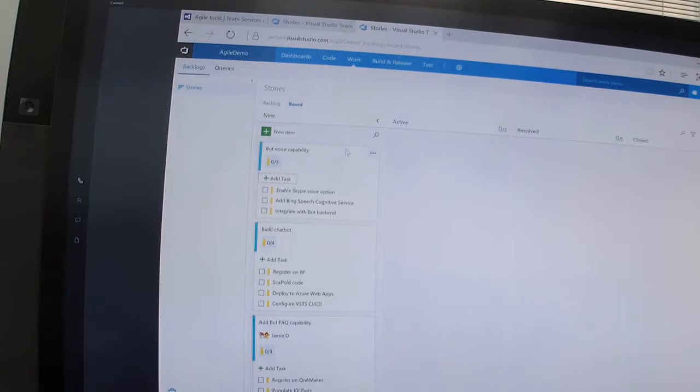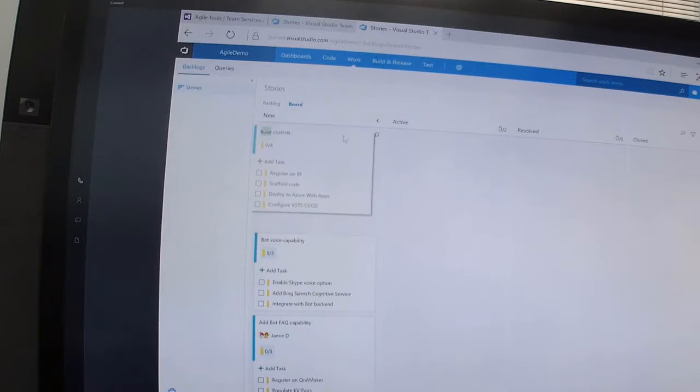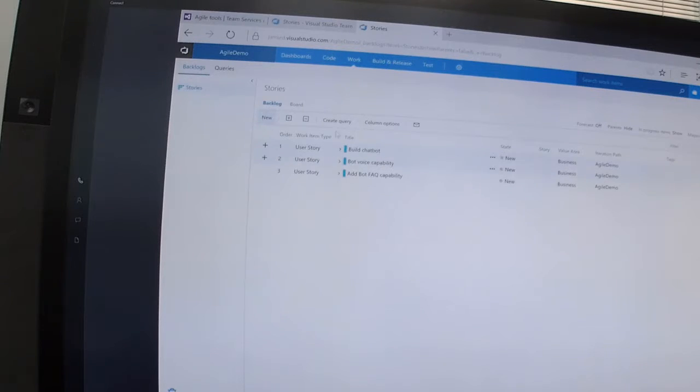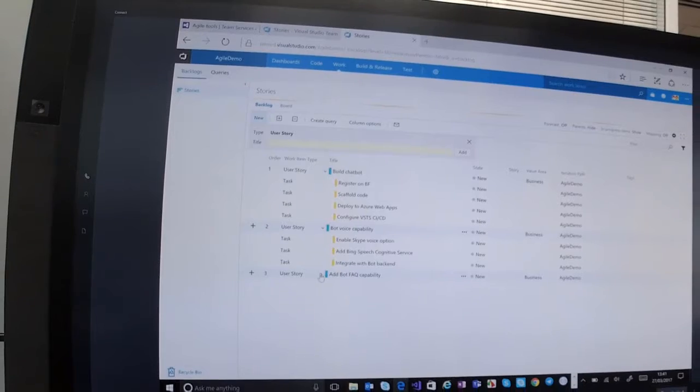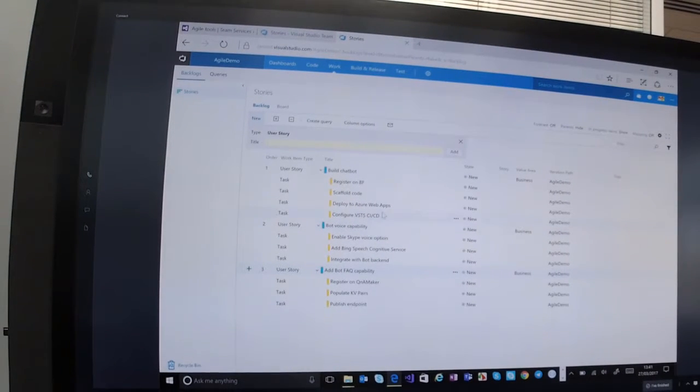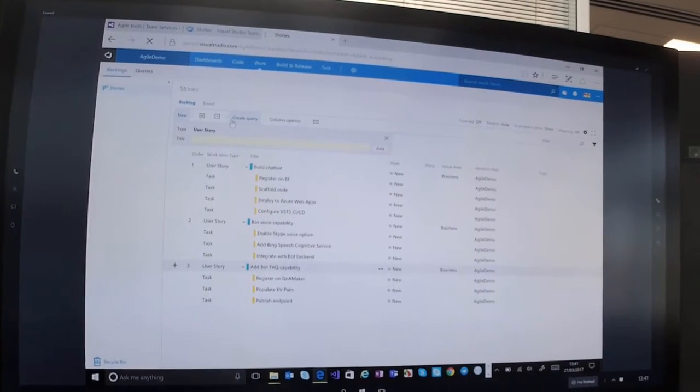And Kanban's all about visualizing the flow. So as I'm progressing, or if I want to prioritize these in a slightly different order, I can literally just drag these cards above each other. This is the Kanban board visualization. If I go to the backlog, I can see the user stories are all listed here, and I can expand them out and see their related tasks. So the user story is the parent, and the tasks are the work item children. If I just go back to the board view,